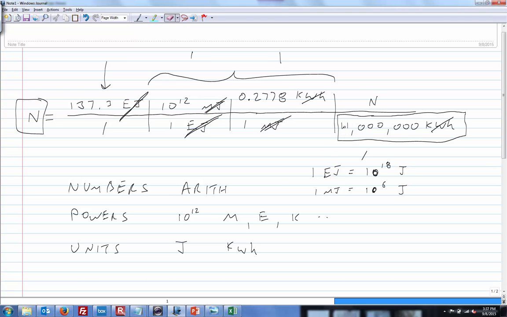Okay. So, there's a couple different ways to think about that. One way is just to simply look at the units and see that kilowatt hours is sitting right here in the numerator, and I know I'm going to need kilowatt hours in the denominator somewhere. The other way to think about it is just to think out loud and say, well, gosh, what